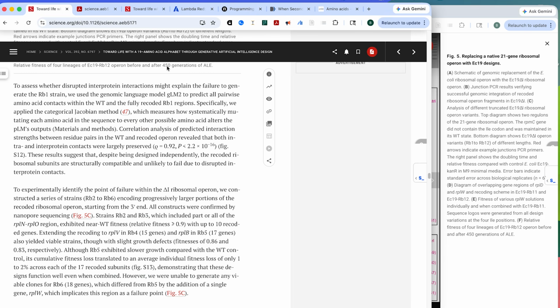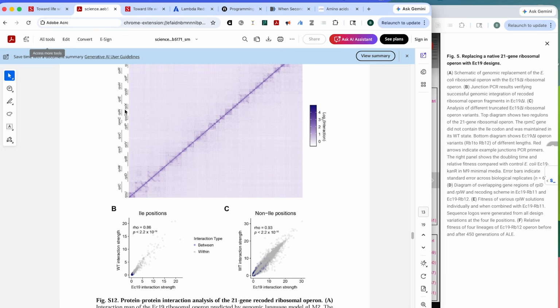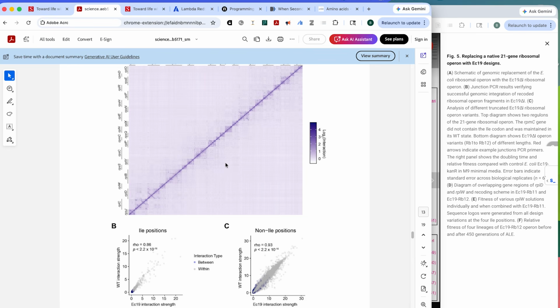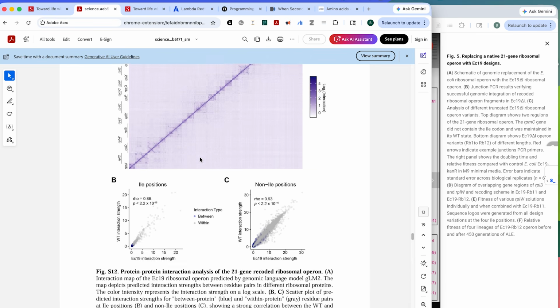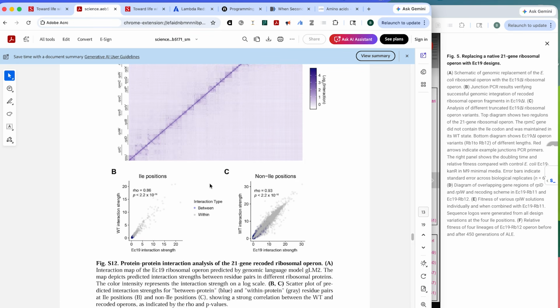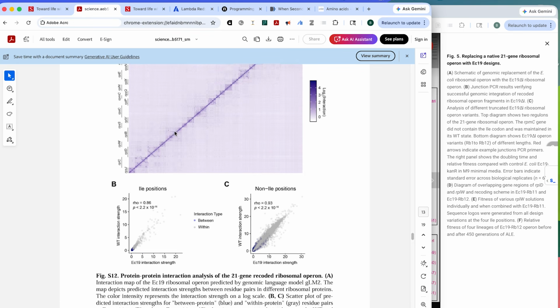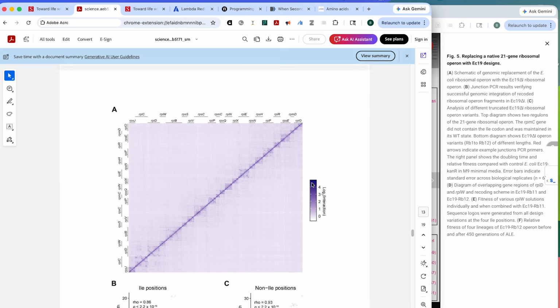Before they figured that out, though, they also looked at the protein level. They wanted to see whether the problem could be differences in the interactions between the different proteins, because that was something that wasn't taken into account when they were doing their individual protein engineering, that these proteins are actually working as part of these complexes. But they found that there wasn't much difference in the protein-protein interactions between the proteins or within the proteins. So they're like, okay, we don't think that this is really